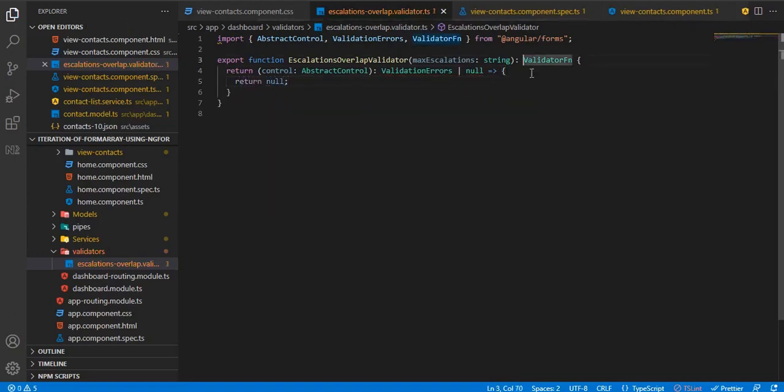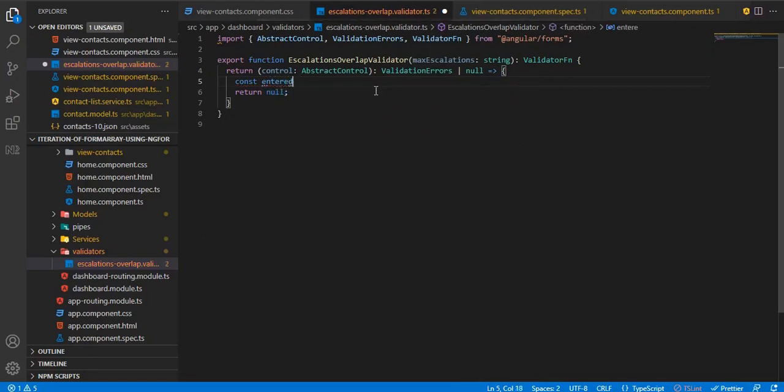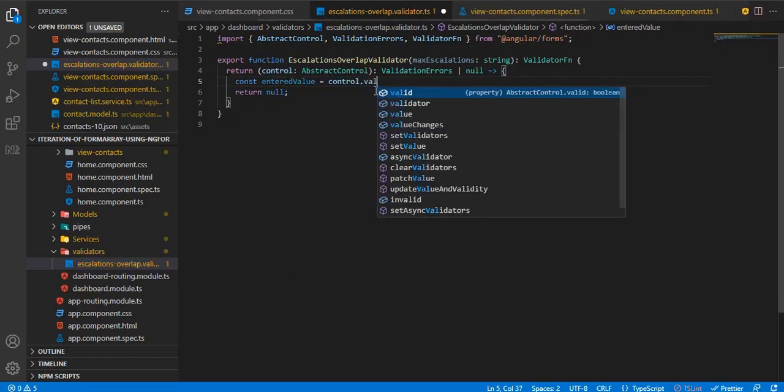Now we also need to take the entered value. Let's say const enteredValue. This will be control.value if it's defined.